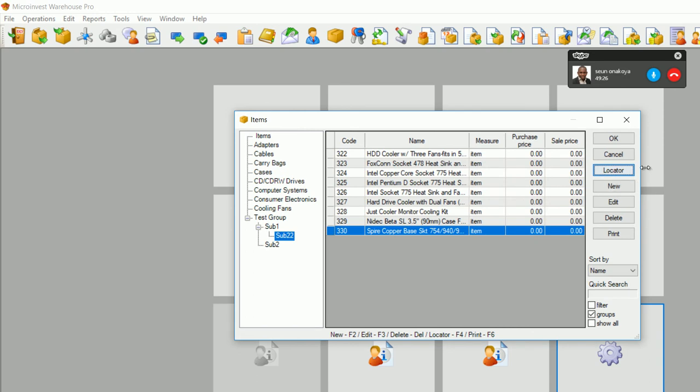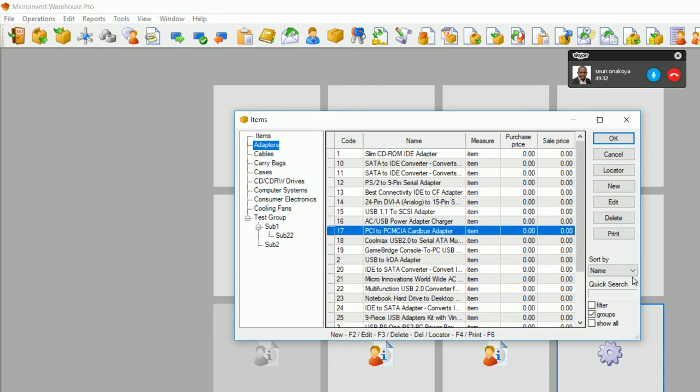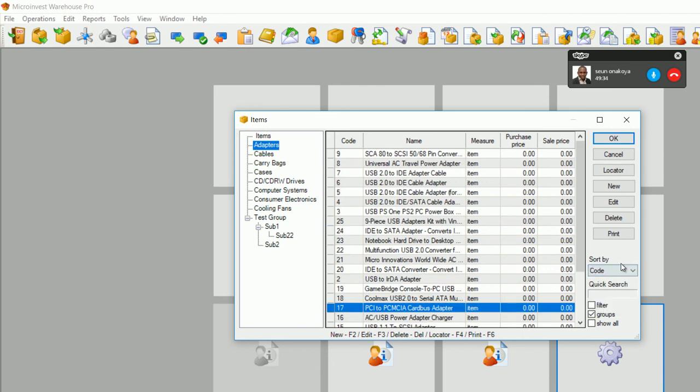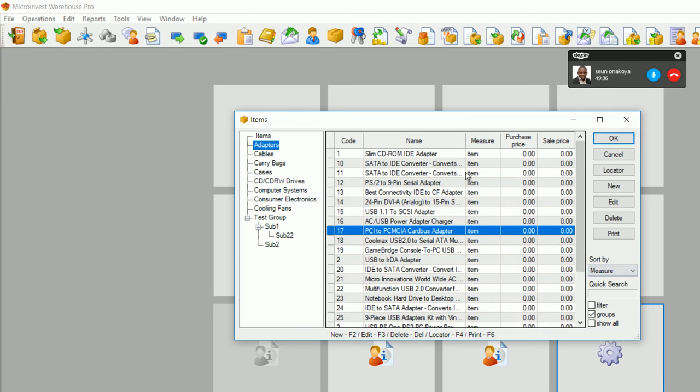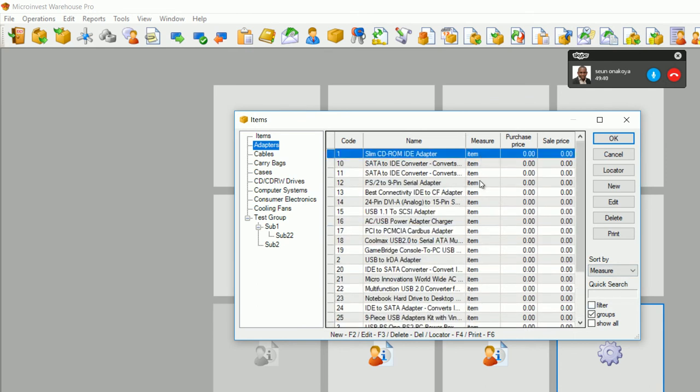It is a locator button, and here you can sort the items. For example, if you have a lot of items, you can sort by code, by name, by measure. If you have different measures, for example, we have item. What else do I want to tell you? In the last version, we added a function that an item